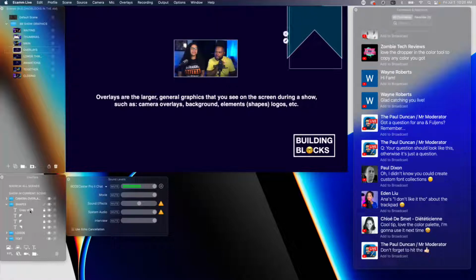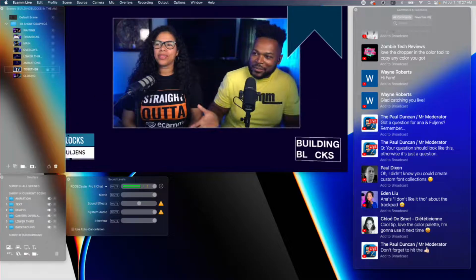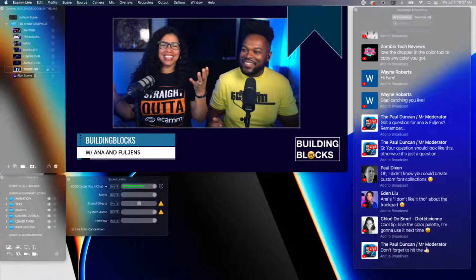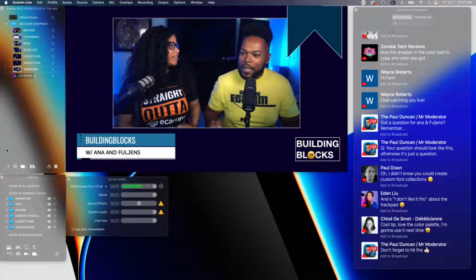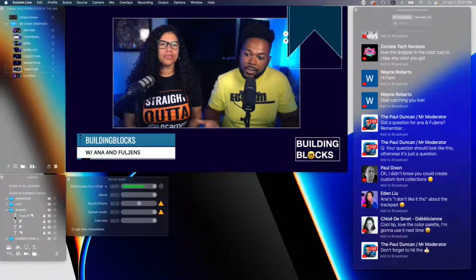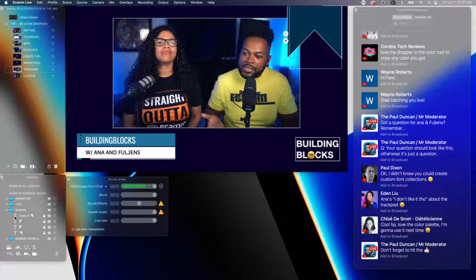So these are a collection of triangles. It's 4 triangles. We have 2 white triangles in the back and dark teal in the front. We are so small here, Fuljens. I know Fuljens wanted to keep this camera overlay so small. This is why you designed this one. Yes. I mean, this one is great. You can see us great. Yeah, so these are a collection of shapes which are available to you natively in your text